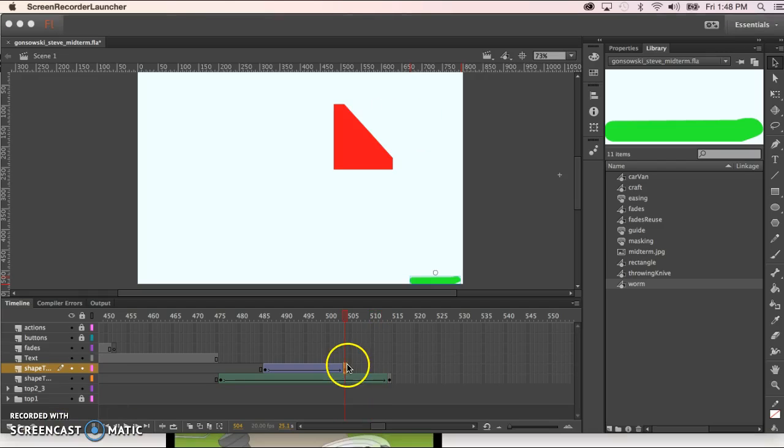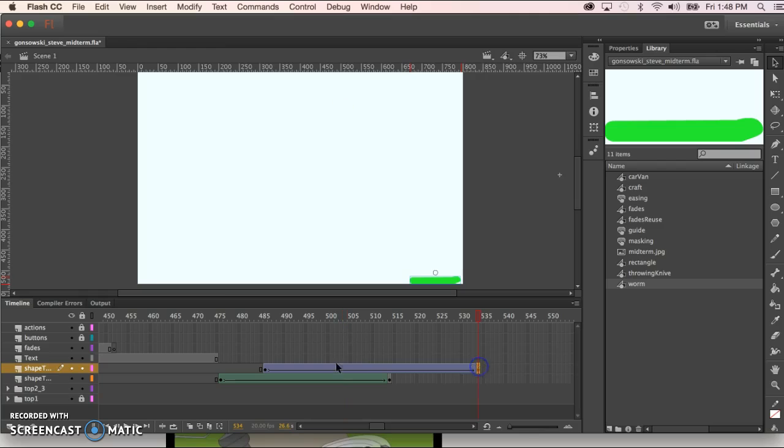And indeed it is. So I'll click and drag to stretch this out. And now if I preview that, not bad. It still looks like he's sliding. So that